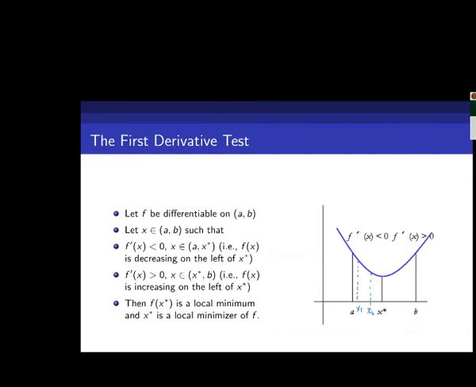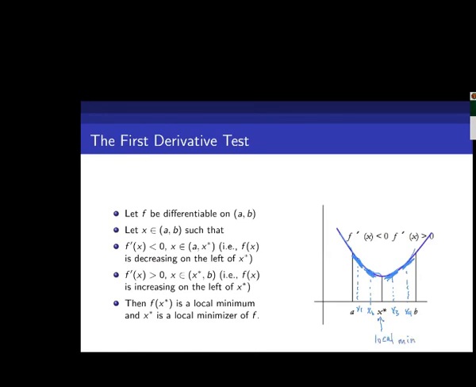So in contrast to the example earlier, points between a and x star, or to the left of x star, will yield a negatively sloped tangent line, or the function f is decreasing to the left of x star, between a and x star. And for points to the right of x star, call these x3 and x4, the tangent line at those points is upward sloping, or the function is increasing, then we call x star the local